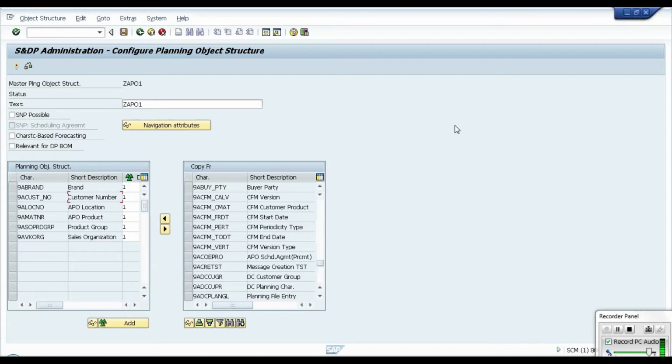The use of this navigation attribute is that it will act like a characteristic, but really it is not a characteristic. It will be a subpart of the characteristic. Normally the data will be occupied at a product level, but here we are making it a subpart, promo or non-promo, so it will not create more CBCs, more database records. That is the reason we use navigation attributes which are not really required for the planning.